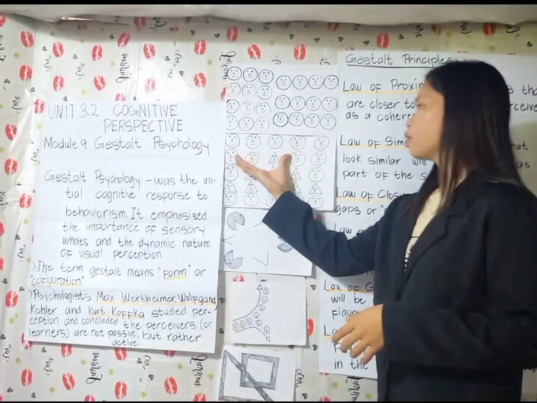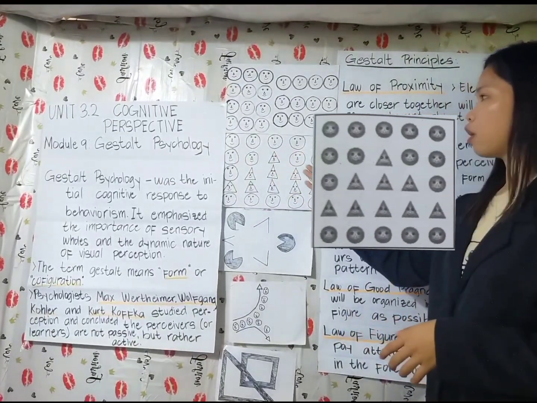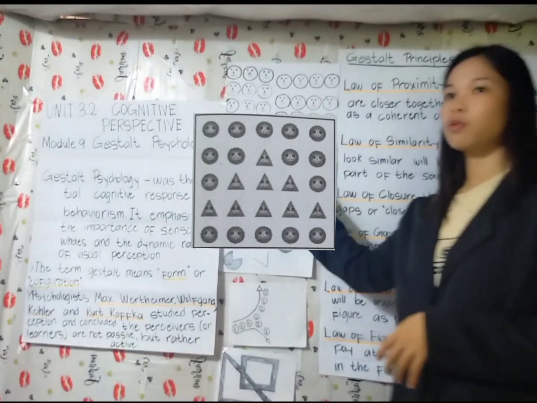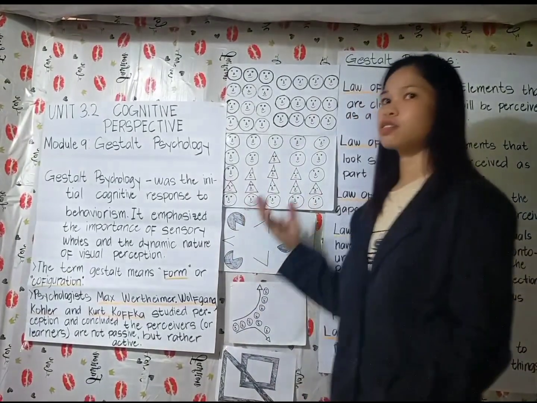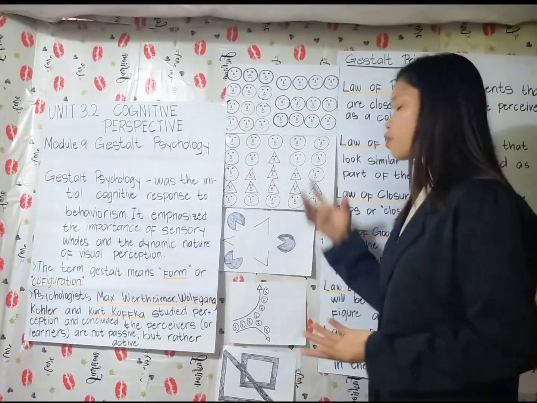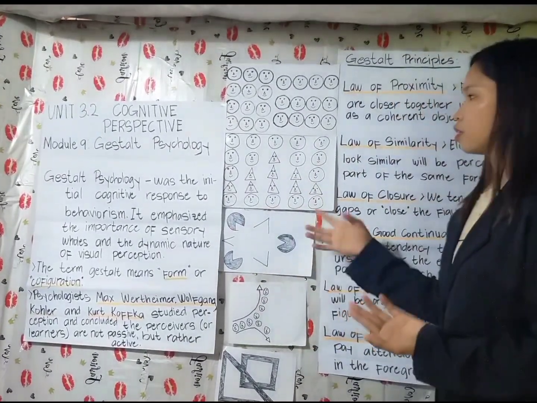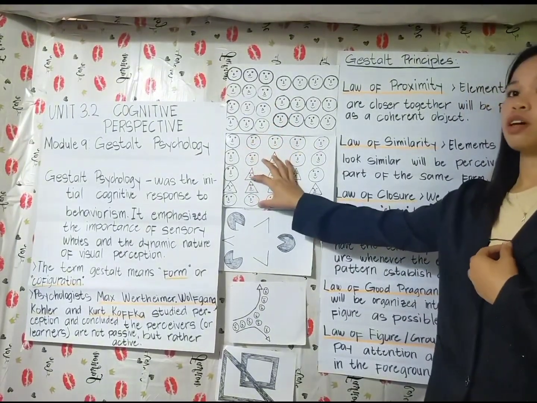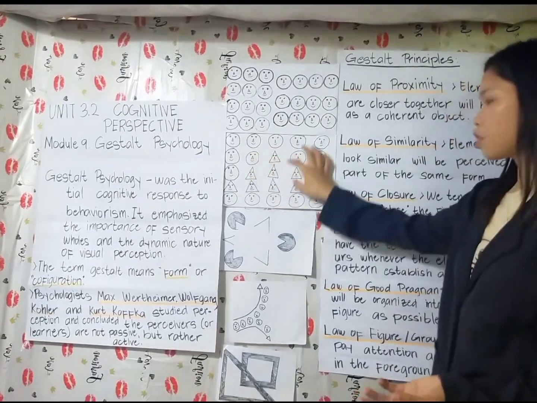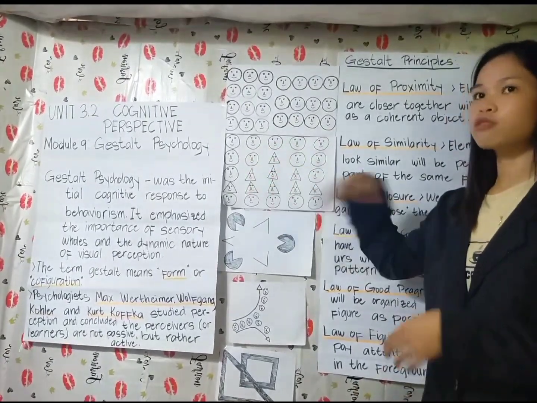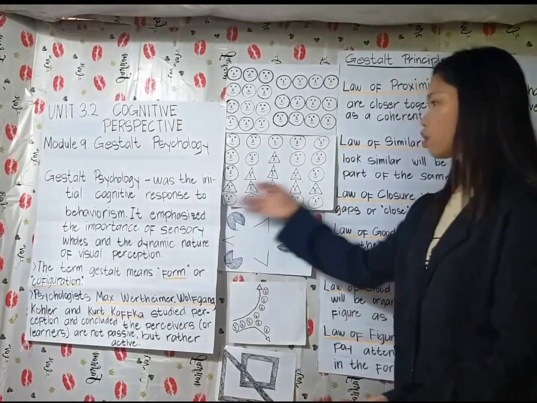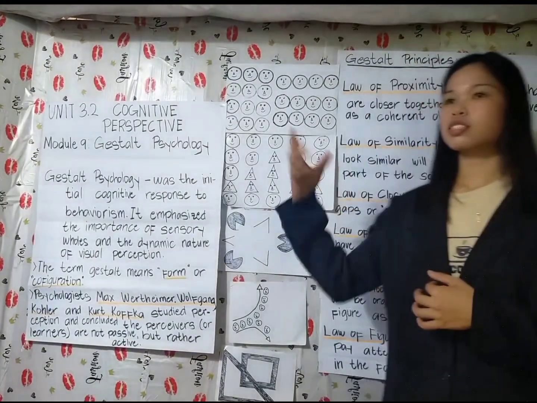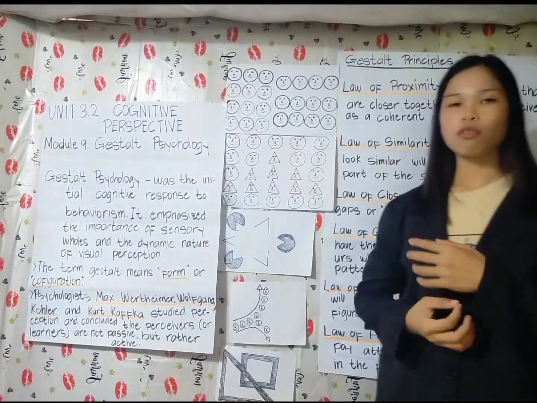So look at this image. We have emoji circles and emoji triangles. You see that there are only triangles and circles, so the way you see it is different. How can we do that? You can see in the image that it also forms another shape. And what does it form? It forms another triangle. Since the circles are organized in such a way that they form the shape